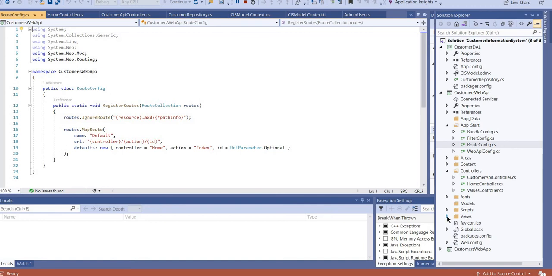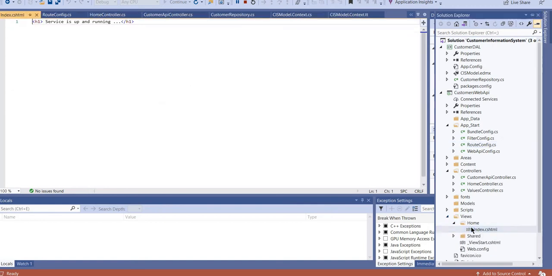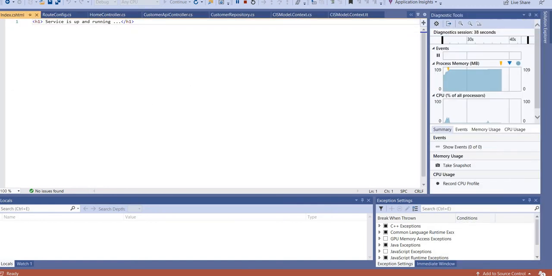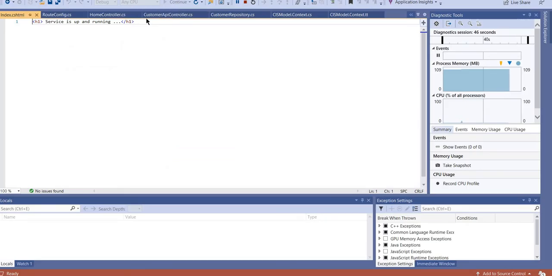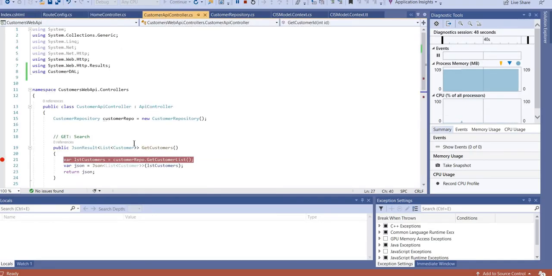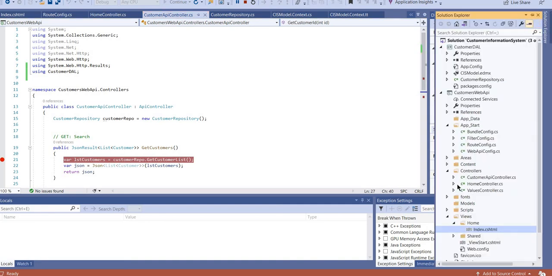Okay, and for Home Index, what is the view here? Service is up and running. So it will show service is up and running. But I have to go to my API, because I have to test this API. What is the URL I have to use to call that method?